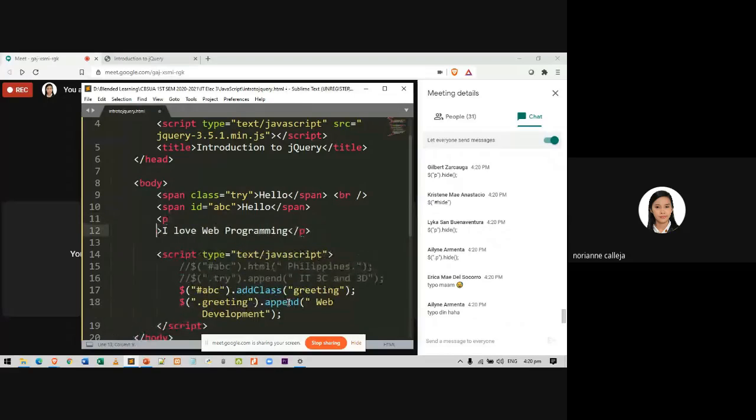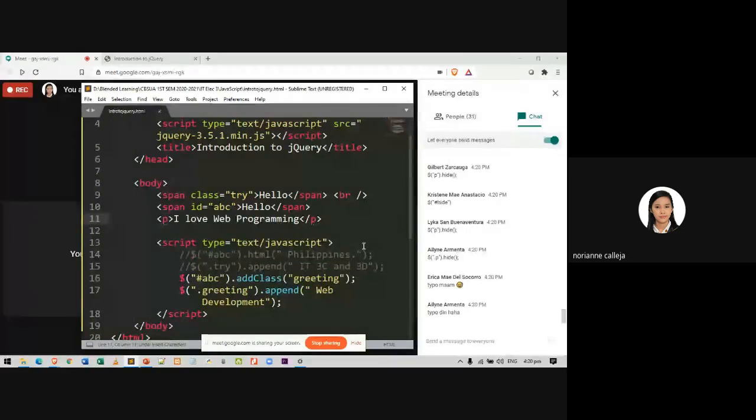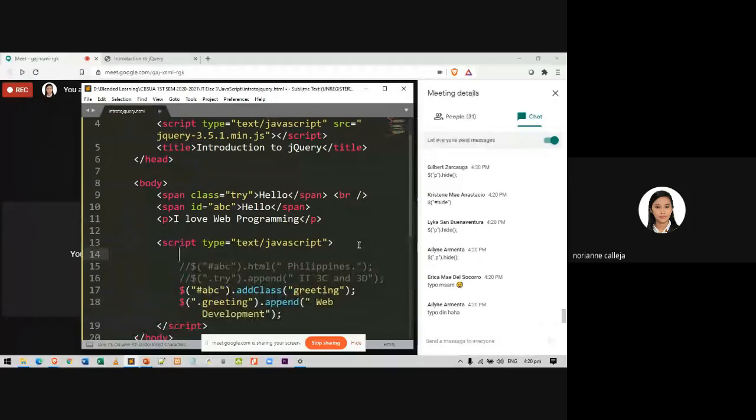So the answer will be, and I've seen that some of you got it correctly: dollar sign, select the element, then dot hide. That's it. That will be your answer. Okay, clear? Crystal clear. Thank you.